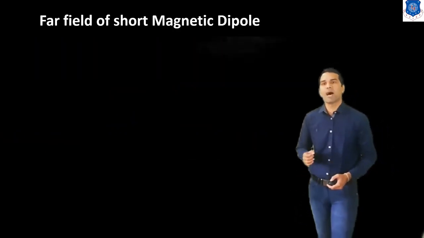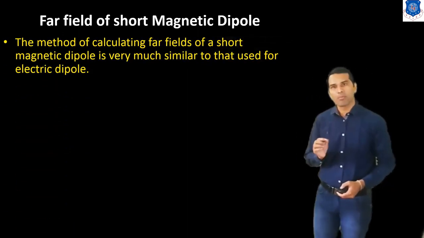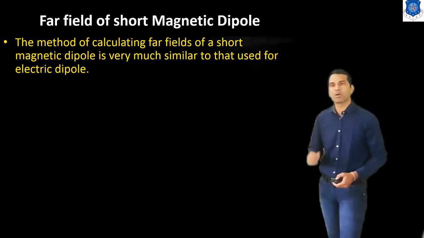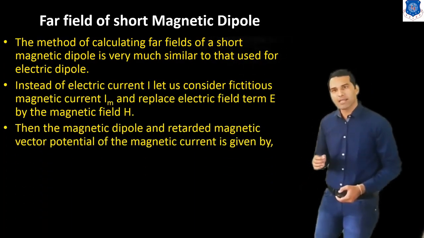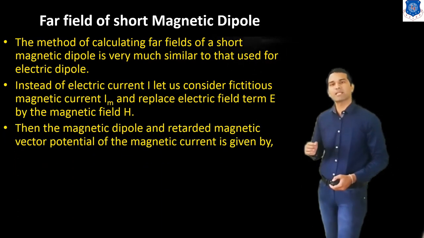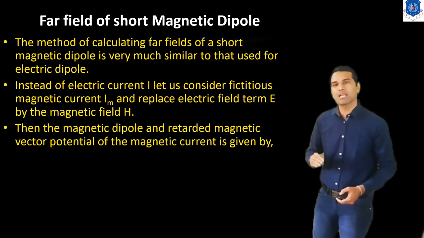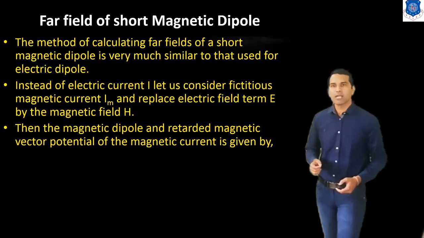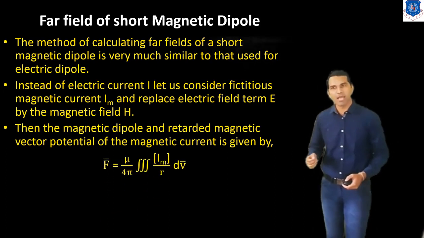Now we discuss the far field of the short magnetic dipole. The method of calculating the far field of a short magnetic dipole is very similar to that used for the electric dipole. Instead of the electric current I, let us consider a fictitious magnetic current Im and replace the electric field E by the magnetic field H. Then the retarded magnetic vector potential of the magnetic current is given by